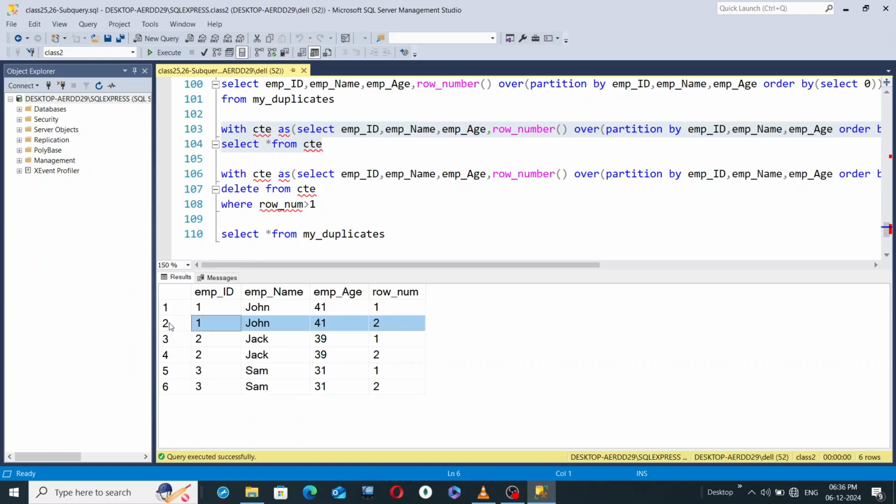So the second row is a duplicate row. The fourth row is a duplicate row. The sixth row is a duplicate row. These duplicate rows, wherever you have row_num 2, that is for this second row, need to be deleted. The fourth row needs to be deleted. The sixth row needs to be deleted. So that's why, with the help of CTE only,